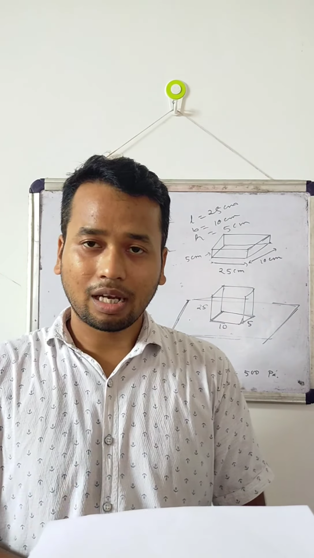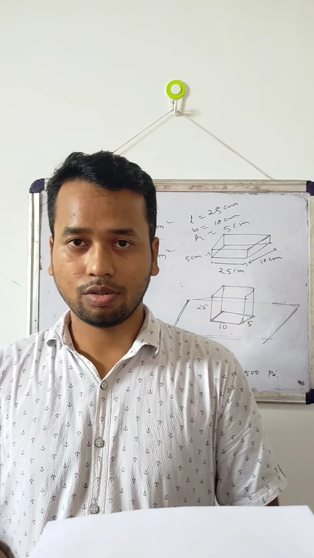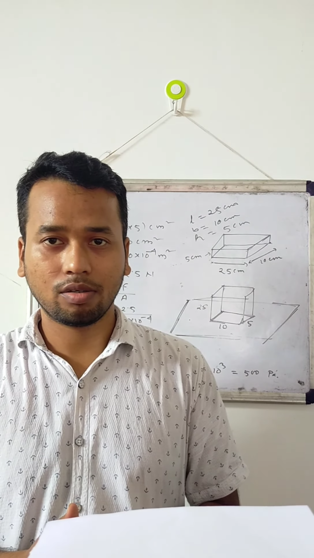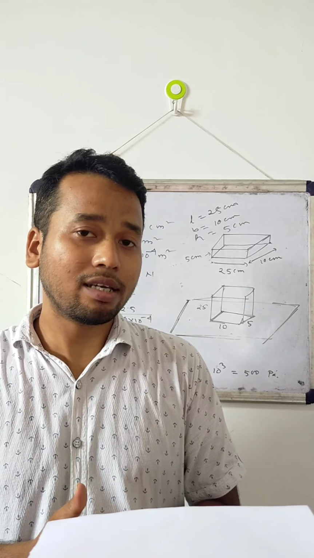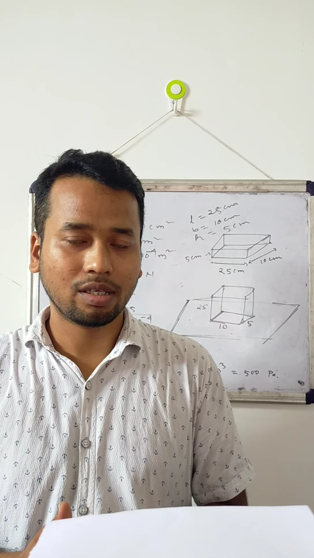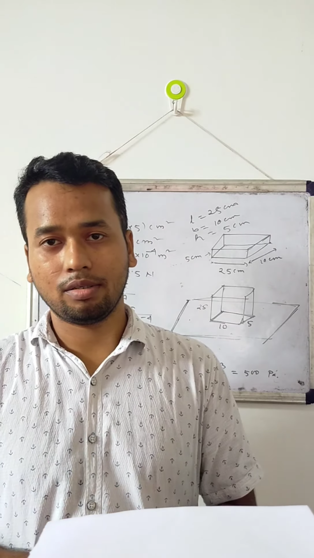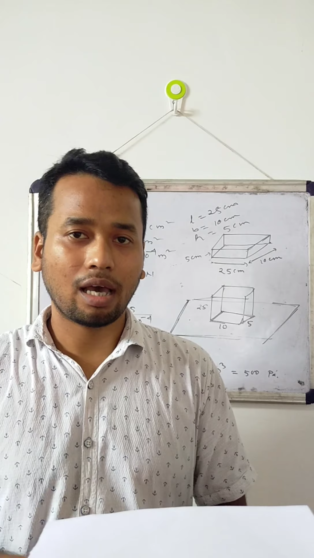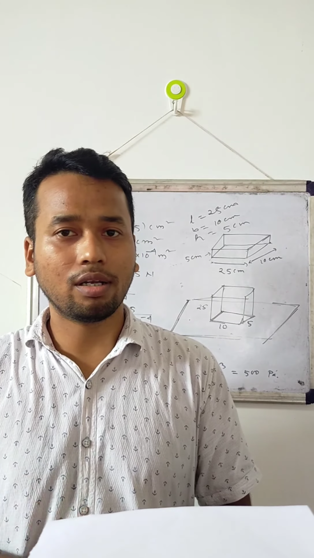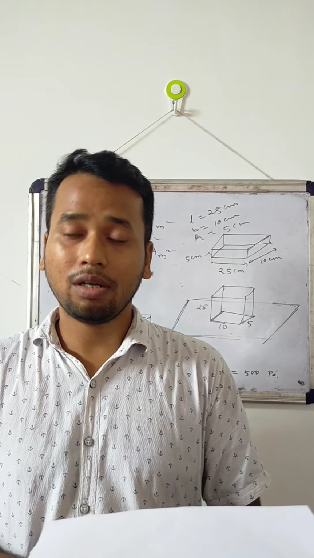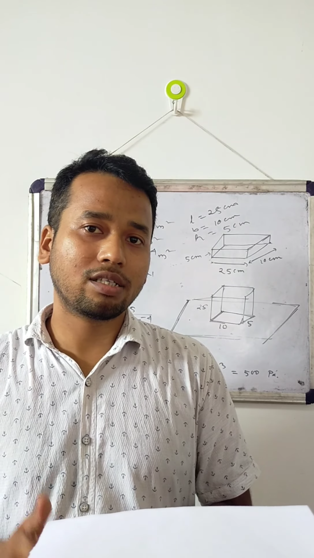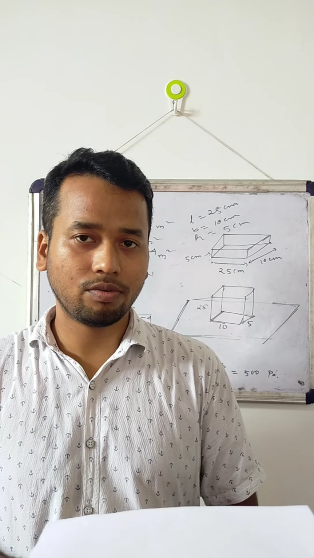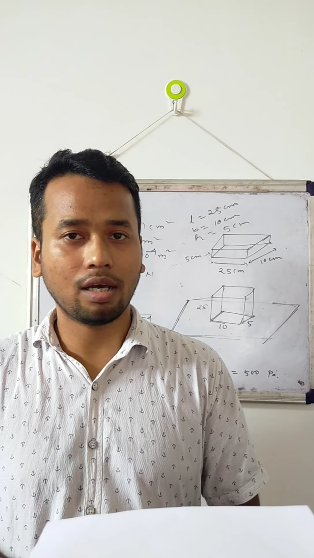Next example, our knife or any cutting tools. So a knife has a very sharp edge. If the cutting edge is not sharp, then area of contact will be high. If area of contact is high, then pressure will be less and it will be difficult for us to cut anything with that knife. But for a knife which has a very sharp cutting edge, area of contact will be less and pressure will be more and we can cut easily.